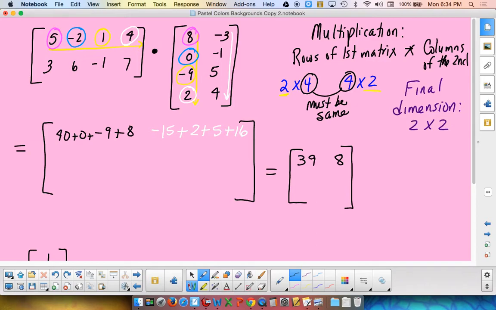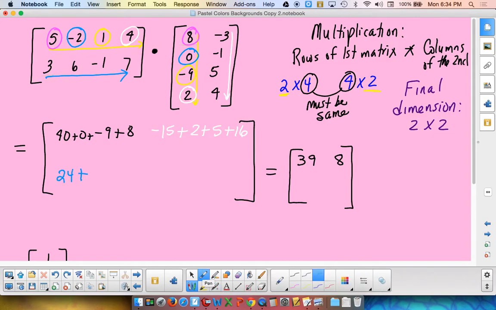So if I now go, I have to move to the second column. So now I'm going down a row here. I now have to take the second row times the first column. So what I'm doing here, I'm taking first number in the row, second row, times first number in the first column. And so if I do that, 3 times 8 is going to give me